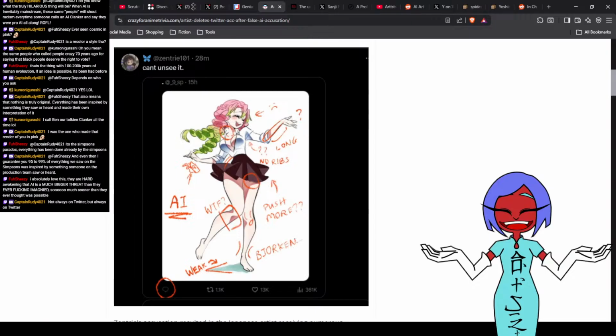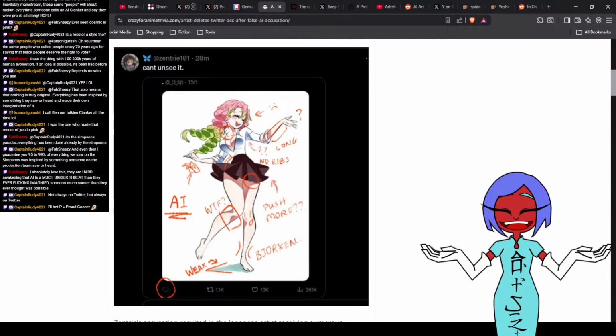So, yeah. Again, you got a circle on a tangent, you got a circle on some shadows here, you got a circle on, again, the shadows, like the weak shadow work right here. Apparently, the leg is broken, push more, right? No ribs, again, forgetting that we're not dealing with a realistic piece, we're dealing with what's almost certainly a more abstractive and motivistic piece, right? Again, imitativism is not the end-all, be-all. So, again,